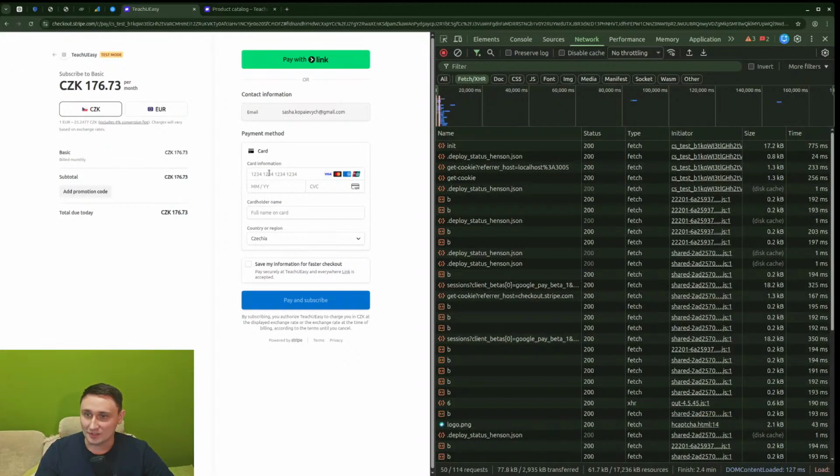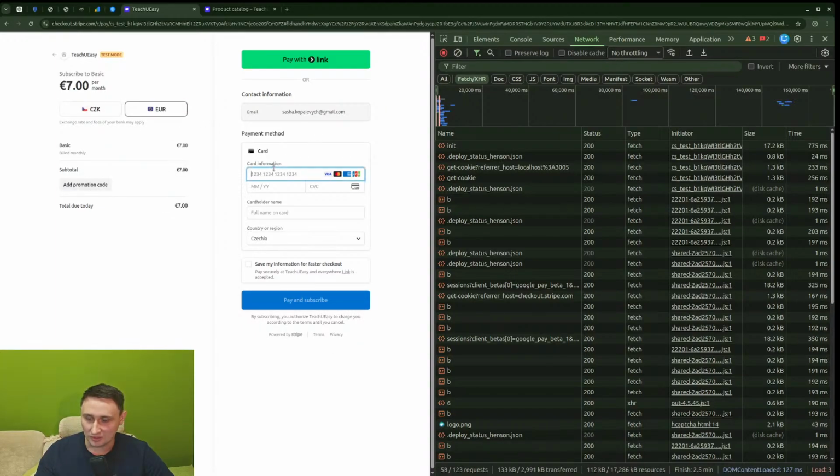So for now, let's check how it works. Basically, we just need to make a payment. Stripe has a bunch of test cards. You can just Google Stripe test cards, and it will give you a bunch of not real cards. So this 4242 with random numbers here gives you a successful payment without any OTP verification and so on. So when we click pay and subscribe,